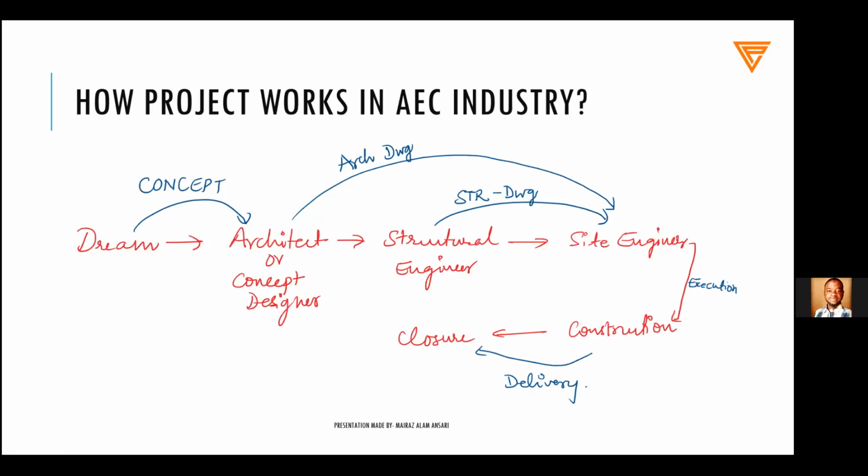Whatever the structural engineer has done, is that actually correct or not? Or basically when you do the actual construction, when you merge all those architectural and structural drawings, is there any clash? For example, there is a wall over there in the architectural drawing, and in the same place there is a commode which is being placed, there is a mechanical equipment which is being placed. So in a practical way that is not possible, right?